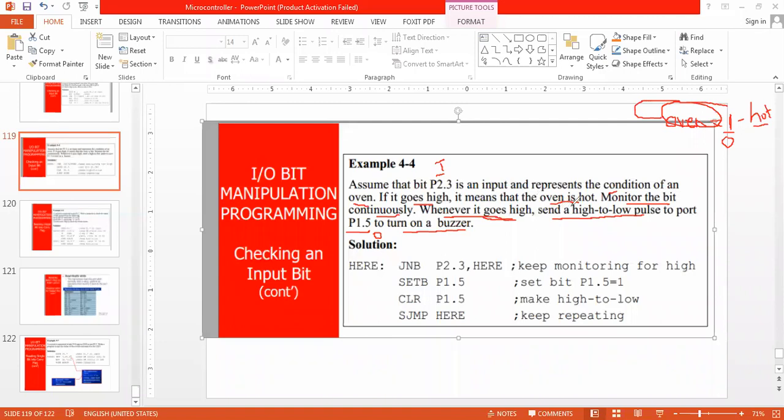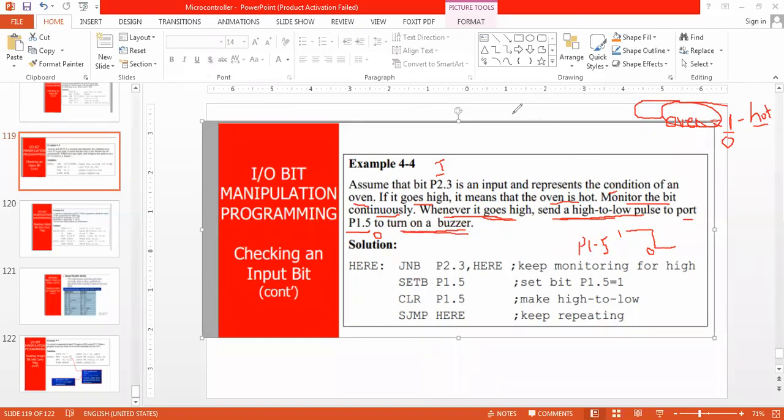And if it is going high, send a high to low pulse to the port P1.5. So I have to send on P1.5 what? High to low. For what? To turn on a buzzer.